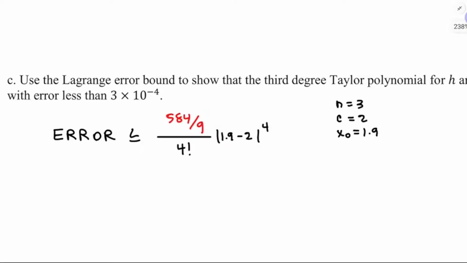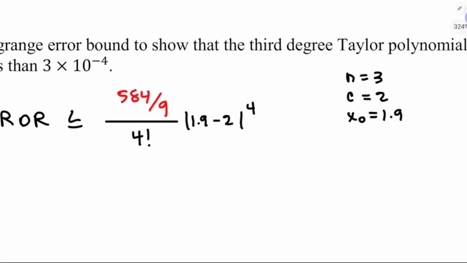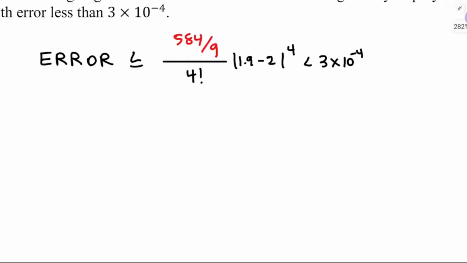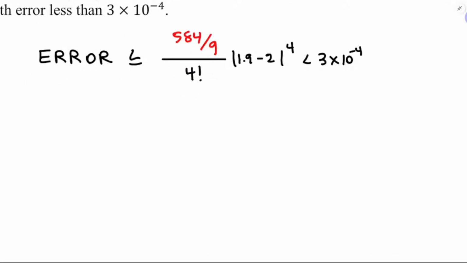Okay, we've shown we've got the error bound, and then we're going to say that this is less than 3 times 10 to the negative 4. And if we're short on time, we're just going to go with that, and we're either going to be right or wrong based on our error bound, not on the last thing. But if we had extra time and we wanted to figure out why this is true,